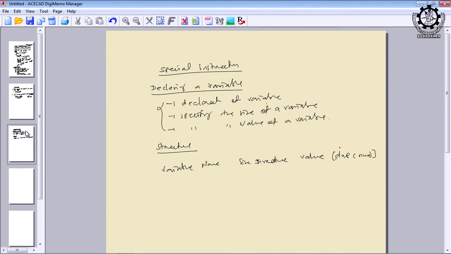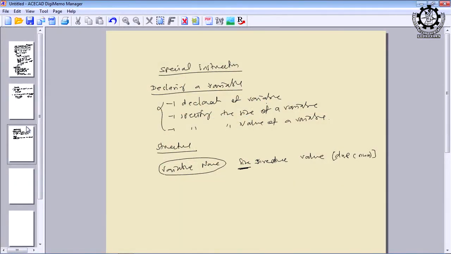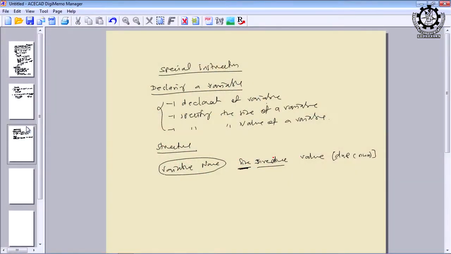So, this is the structure you have to follow. The variable name is user defined, you can give your own variable name, and usually 4 to 5 or maximum 6-7 characters is enough in assembly language programming. And the size you have to mention here, and you have to use a directive. What is the directive? DB, DW. I will tell you what are the different directives, assembly directives pertaining to variable. We have different directives for different constructs. Variable is one of the important constructs of the language. Then the value you can mention here.